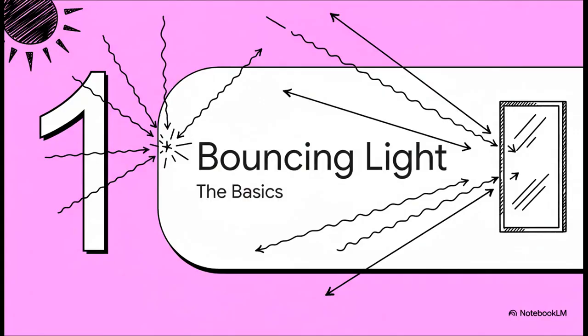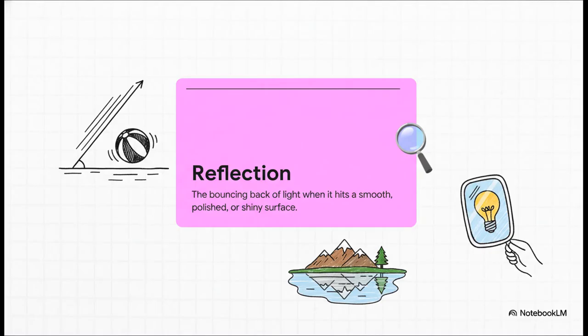Okay, so to crack the case of the mirror, we first have to get to know the main character in this whole story, light. More specifically, we need to know what happens when light actually hits something. And that brings us to our core concept, reflection. It's just a fancy word for light bouncing. Seriously, just imagine light as zillions of tiny, super fast bouncy balls. When they hit something smooth and shiny, like a mirror, they all bounce off in a really neat, predictable, and